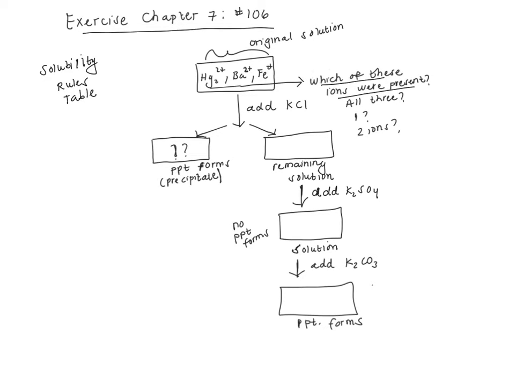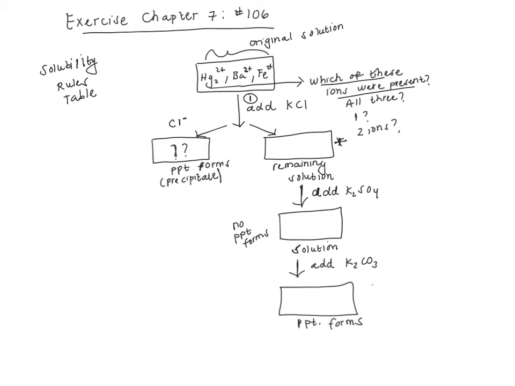Okay, so in the first step, we have our solution and then we're adding potassium chloride, and it states that a precipitate forms. So you have to ask yourself, for a precipitate to form, one of these ions has to form a precipitate with chloride ion. So look in your solubility rules, which of these ions will form a solid with chloride ion. This solution was separated from the precipitate through filtration. Okay, so you have a remaining solution here